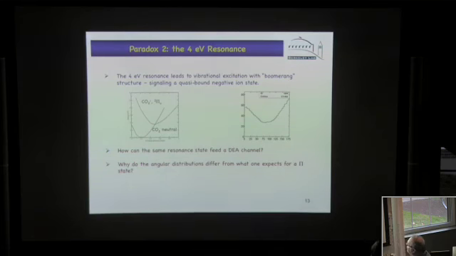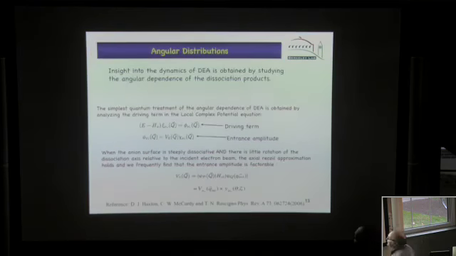And furthermore, this is what really got us interested. Our experimental colleagues came to us with the angular distributions that they had measured in a COLTRIMS apparatus for this process. The dissociative attachment peak has a minimum at 90 degrees, and its maxima occur in the forward and backward directions, which is precisely the opposite of what you would expect for a pi resonance. Because a pi resonance would be maximum at 90 degrees and be 0 in the forward and backward directions. So what's going on there?